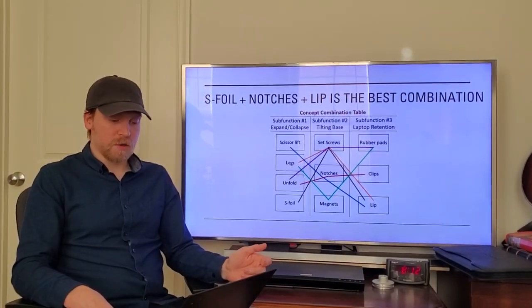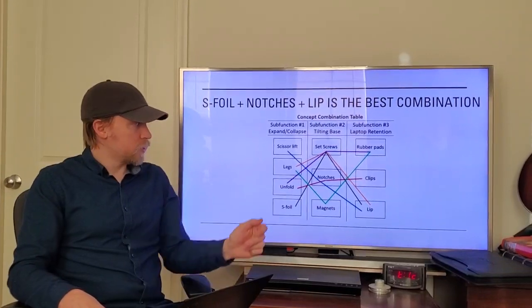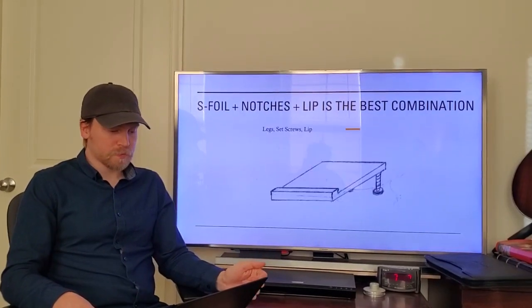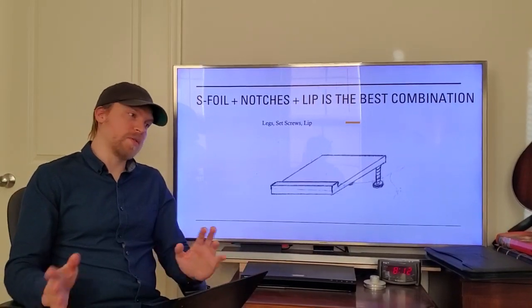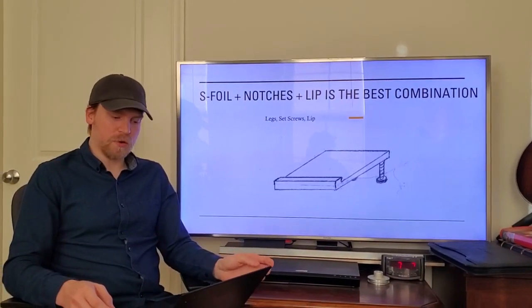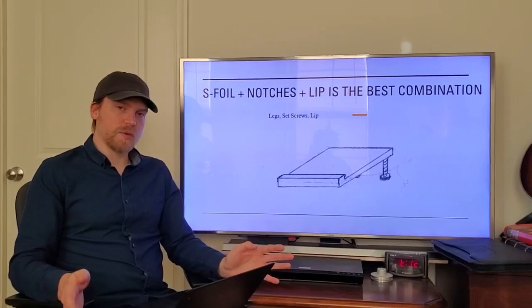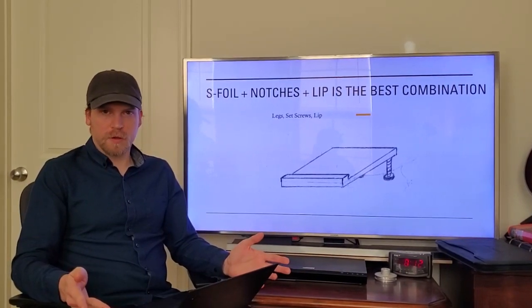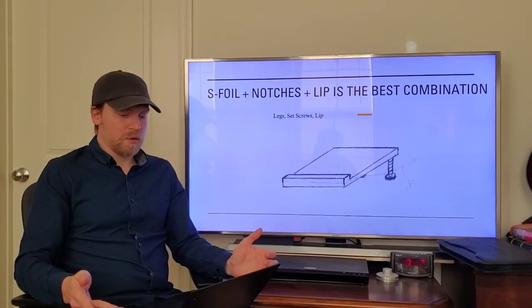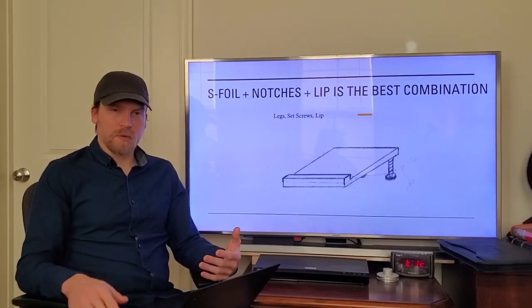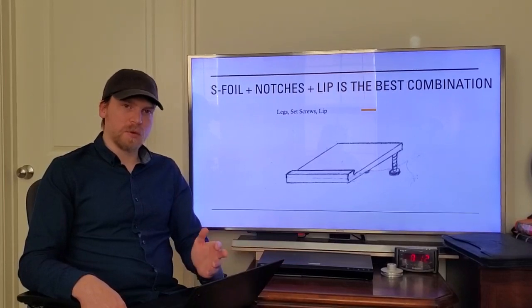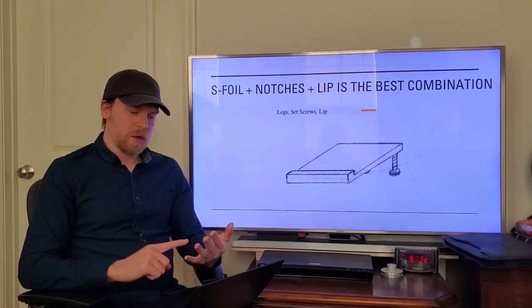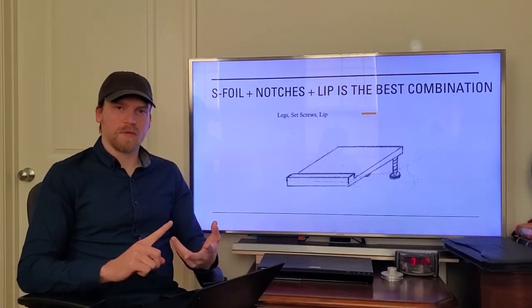The next design is the yellow line, which is leg, set screws, and lip. This was a very, very simple design, basically the other end of the spectrum from everything we've seen so far. But it was too simple, and it didn't allow for enough variability. The only being able to tilt, there's no real lifting in this thing, so we wanted to make sure we hit all those main three,